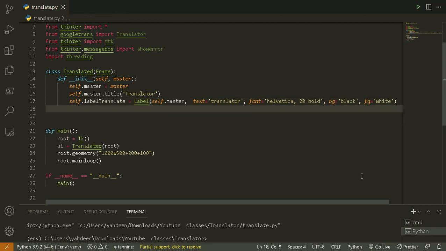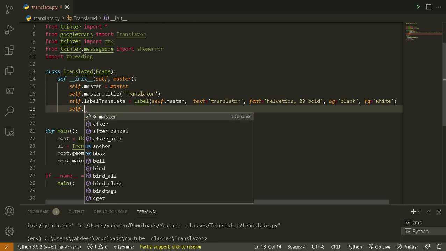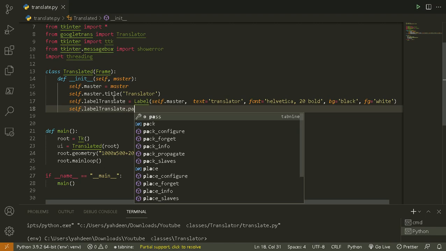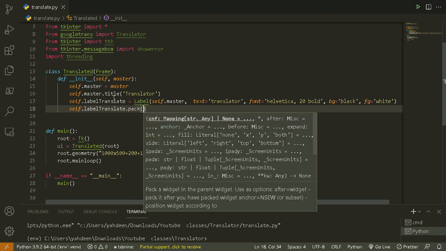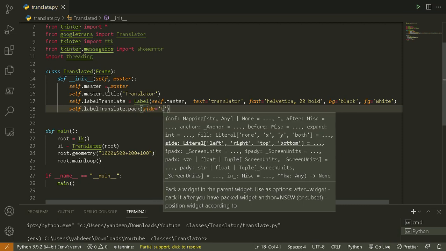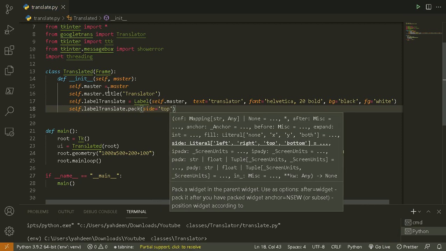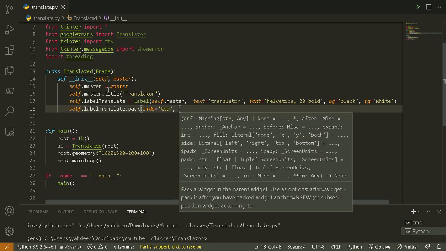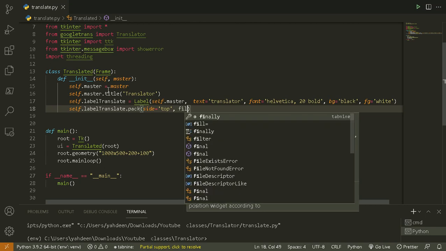Now let's pack it on our window. So self dot, and then the name, label translate dot pack. So what side we want to set it, so that will be top. So we have top, bottom, and then right and left. And then now let's fill both,